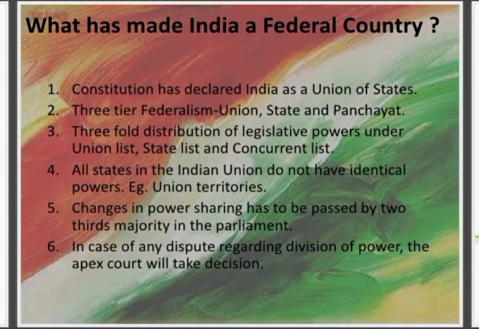Next is the state list. It consists of subjects, as the name suggests, of importance to the state, such as police, trade, commerce, agriculture, and irrigation, right? So keeping this in mind, there is one box on page number 17 where a question is asked: why do we have a Minister of Agriculture and Commerce in the Union Cabinet if agriculture is a state